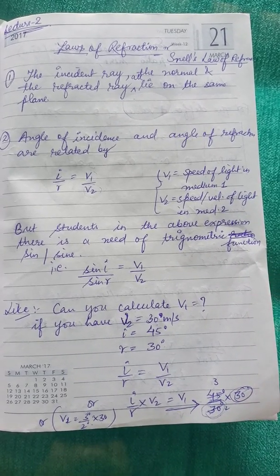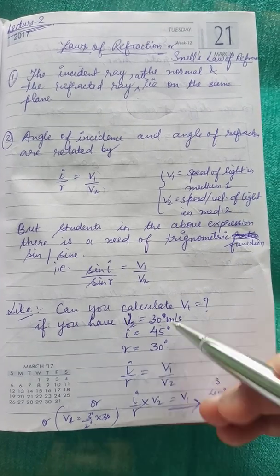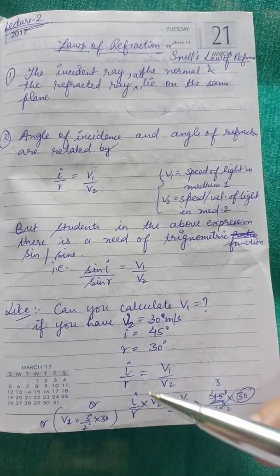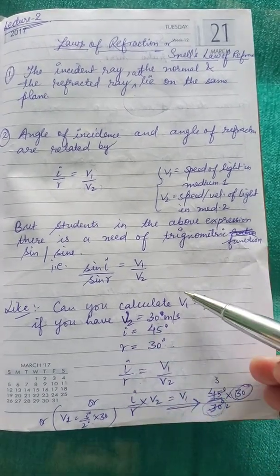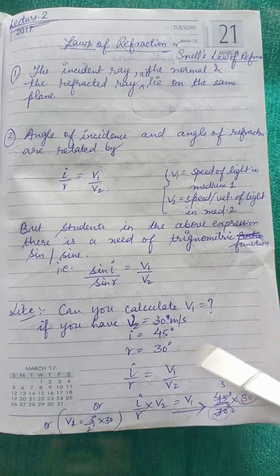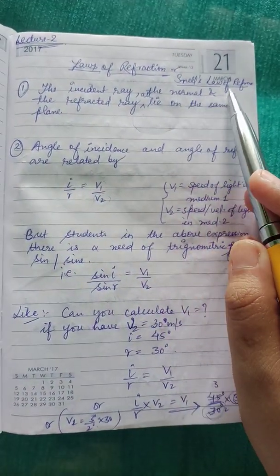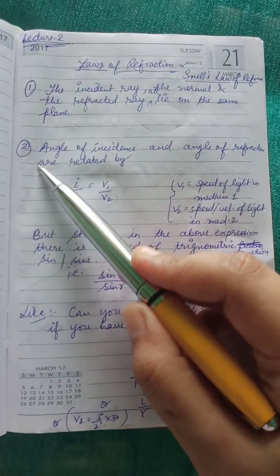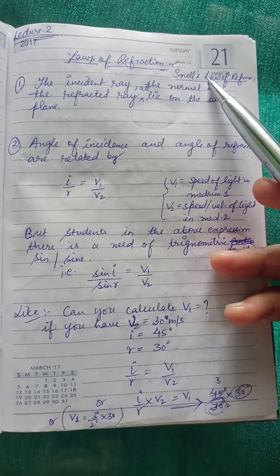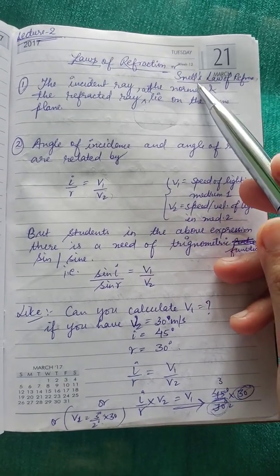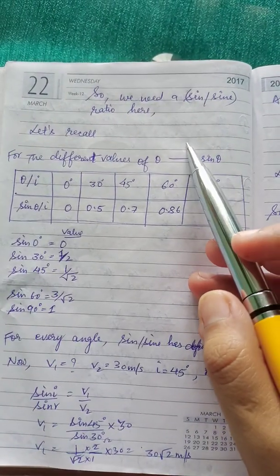Now, why can't we use cosine or tan or any other? Because sine is the trigonometric function which, while using here, gives the accurate or correct value in both theoretical and experimental cases. And do remember that these laws of refraction are also called Snell's laws of refraction. We do not call only the second law Snell's law, but both these laws we call Snell's laws of refraction, which were given by Snell. So we need a sine ratio here, as I have told you.